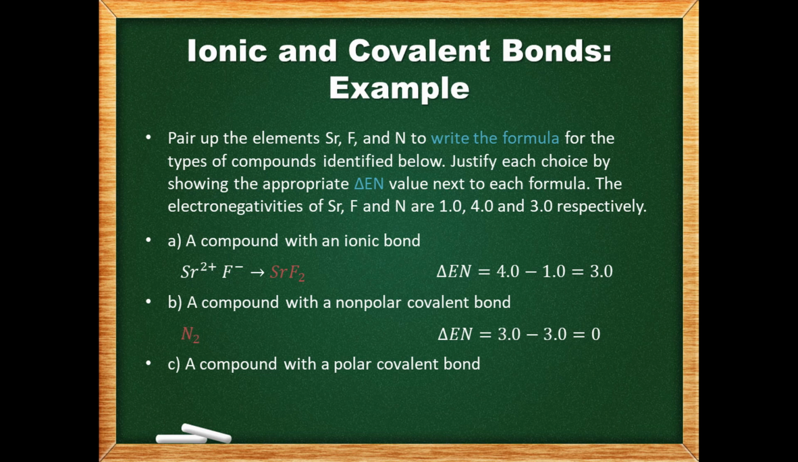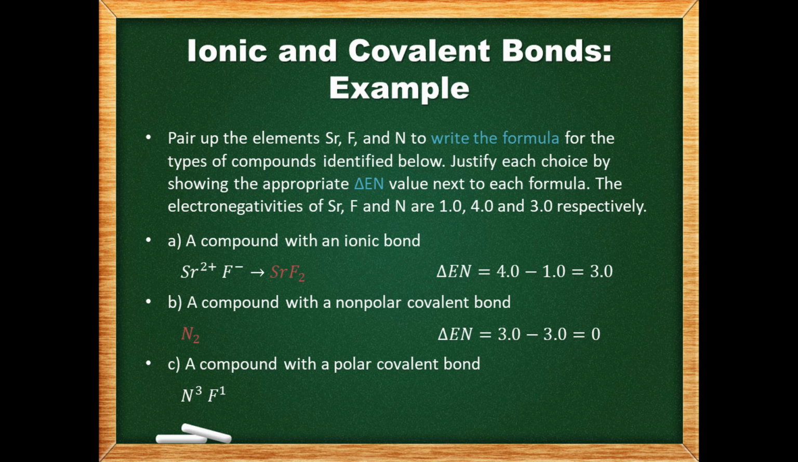Now we need to write the formula for a compound with a polar covalent bond. We really have only one option here, which is using fluorine and nitrogen. Nitrogen needs 3 electrons and fluorine needs 1. The element with the lower electronegativity, in this case nitrogen, normally requires the most electrons and is written first in a chemical formula. The process we're using here is similar to writing ionic formulas, except no charges exist and we